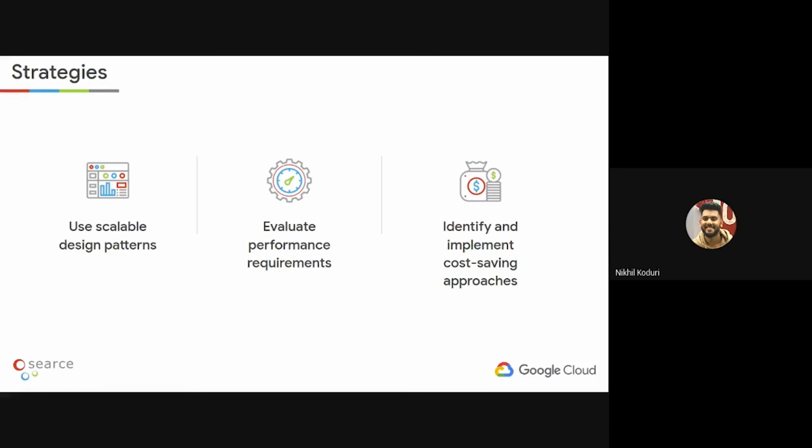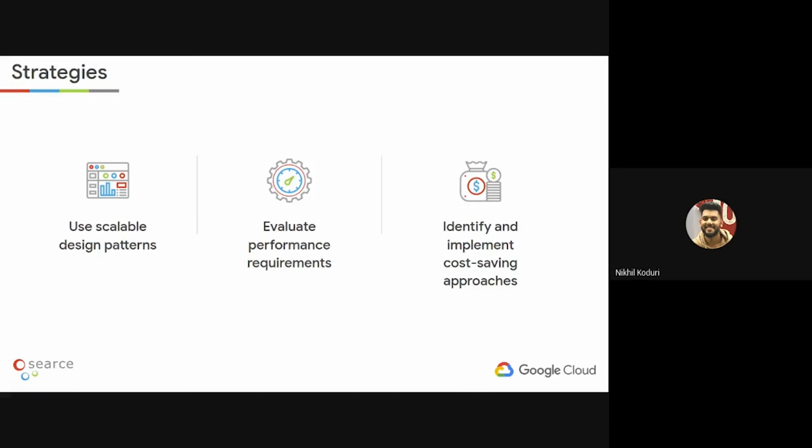Use scalable design patterns, incorporate things that can scale much faster, like Kubernetes, with a more optimal level of deployment and application scaling, incorporating Dataproc, and using things like PVM to scale much faster but at a lower rate. You have to evaluate the performance requirements of the application. Every application has a different performance requirement.